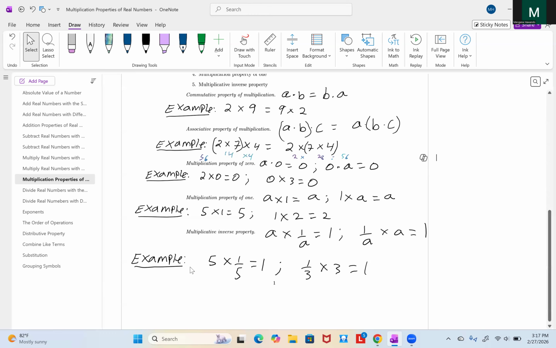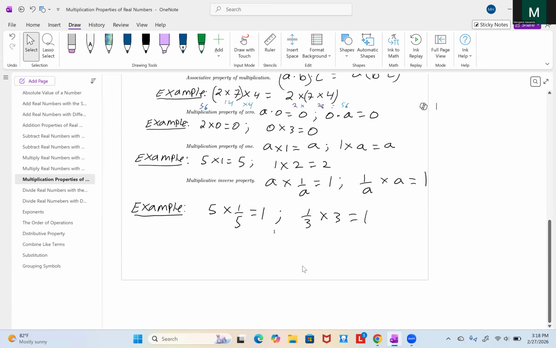For example, 5 times 1 over 5, the product is 1. And 1 over 3 times 3 is equal to 1. So 1 over 3 is the multiplicative inverse of 3, and 3 is the multiplicative inverse of 1 over 3. 5 is the multiplicative inverse of 1 over 5, and 1 over 5 is the multiplicative inverse of